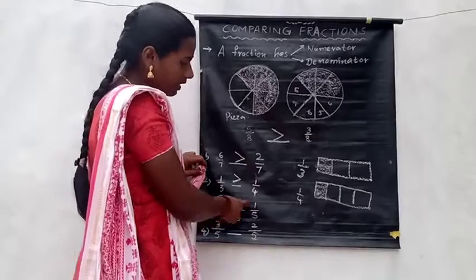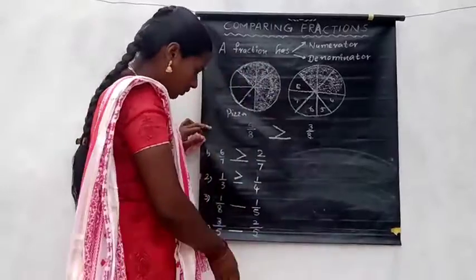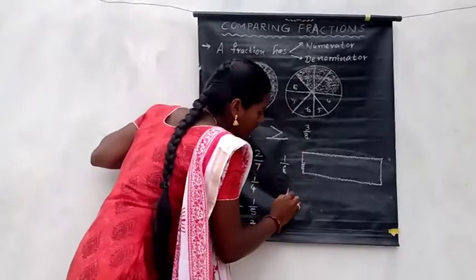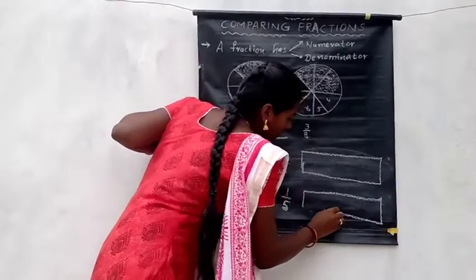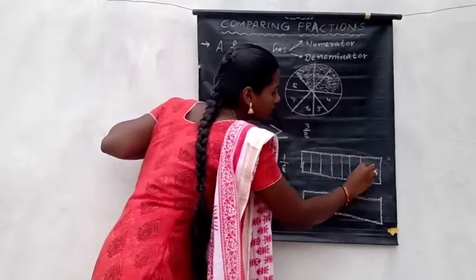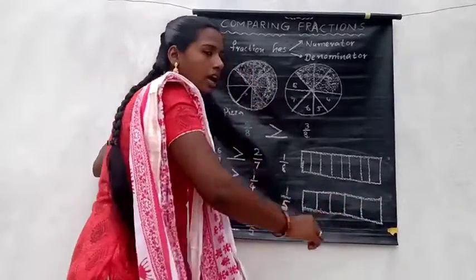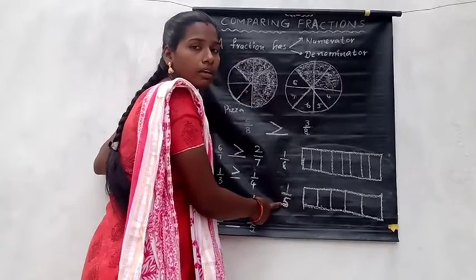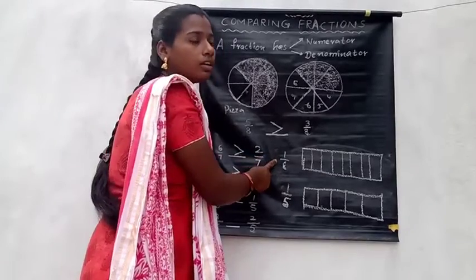See here, 1 by 8 and 1 by 5. So here I would like to draw a picture of 1 by 8. 1 by 8 means 1 whole. 1 by 5 is also a unit fraction. This is 1 by 5. See here, 1, 2, 3, 4, 5, 6, 7 and 8. Here 1, 2, 3, 4, 5. I think you have understood now. See Nana, in 1 unit they have divided into 5 equal parts. In that 1 unit, in this case we have divided into 8 equal parts.